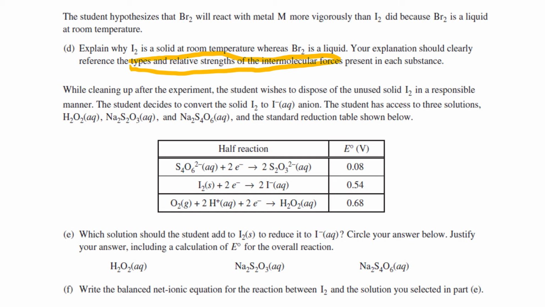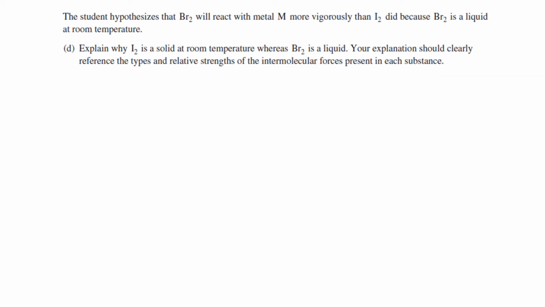Second part of the problem is they want to dispose of the unused iodine in a responsible manner. So to do that, they're going to convert it to its ion. This second part of the problem is not going to be a subject that's covered in the 2020 exam. We have not gone over it, but for E, I will talk about how you can do that. And F is write a balanced net ionic equation. That you will need to do, so we will go over that. So let's start with